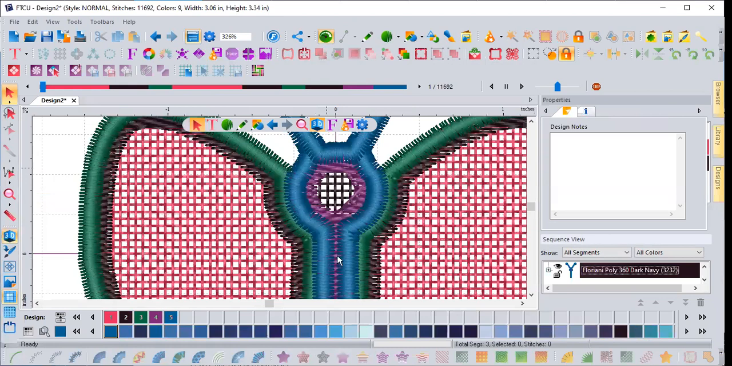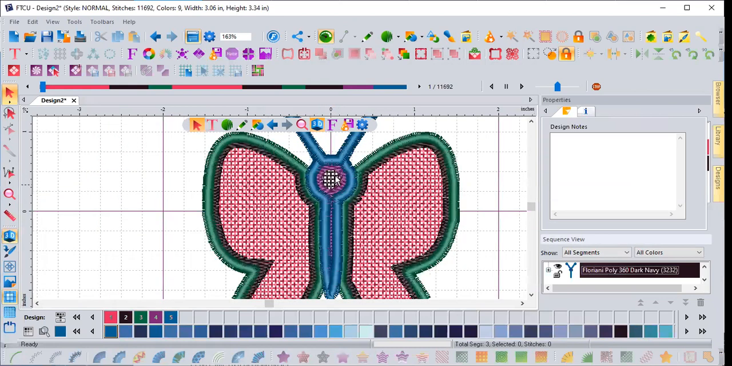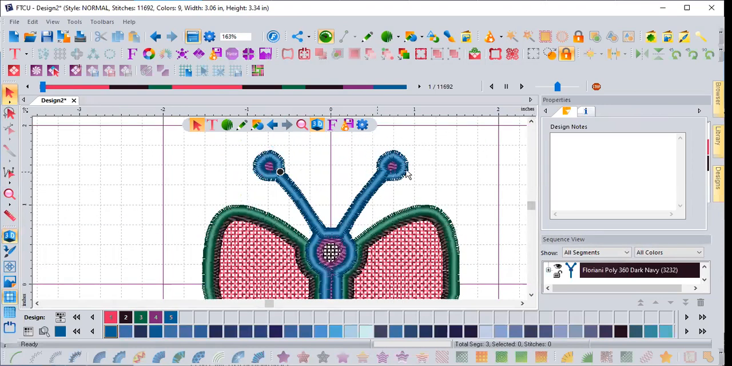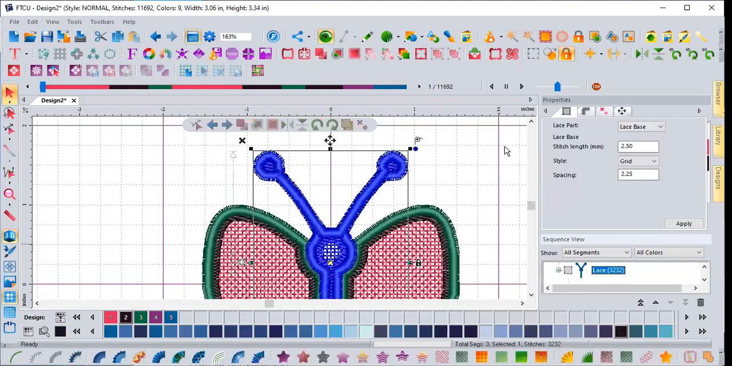Yeah, and it overlapped a little bit here, but it might be okay. I would try to stitch this out and see what it looks like first. The other thing we might be able to do is we might be able to remove. If you click on him, you can actually choose to edit the different parts of the lace for the auto